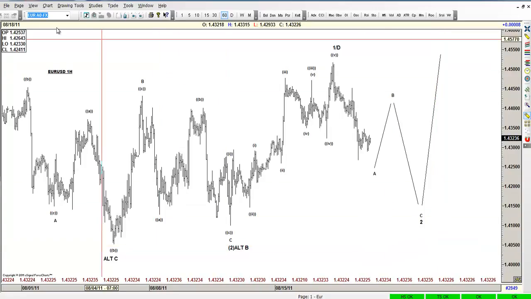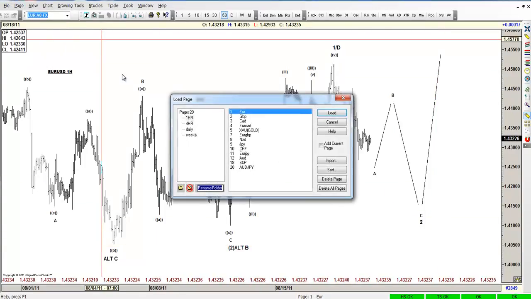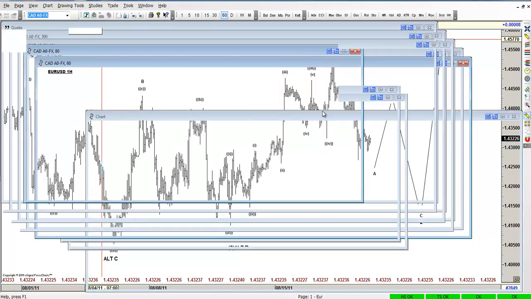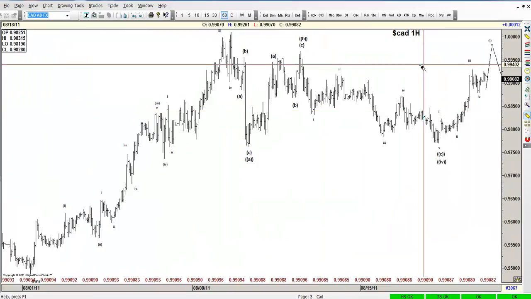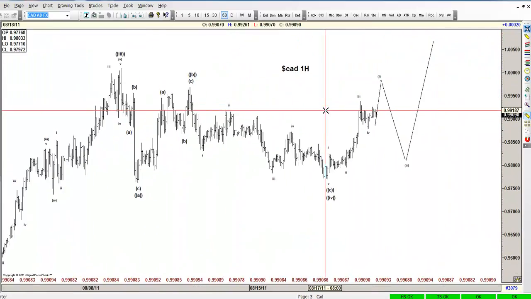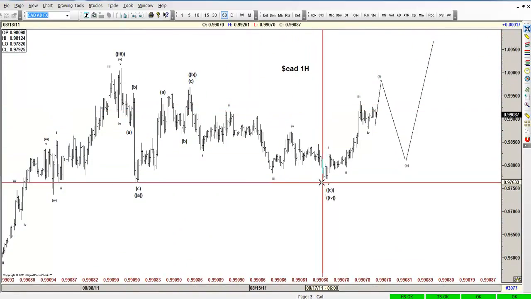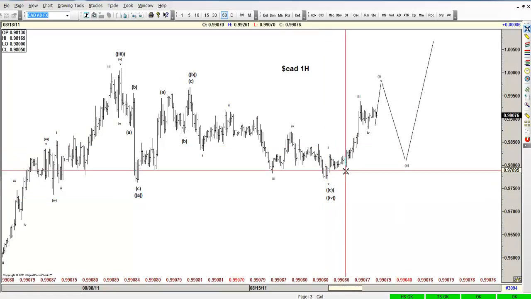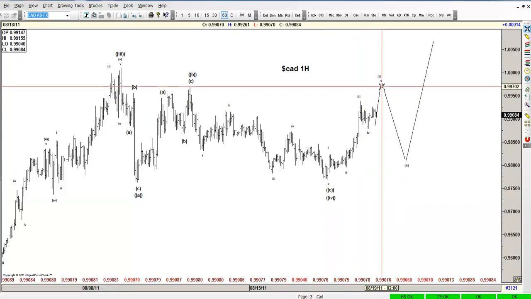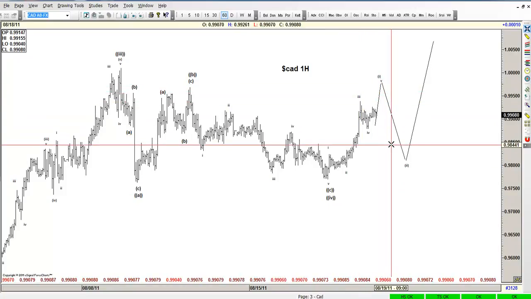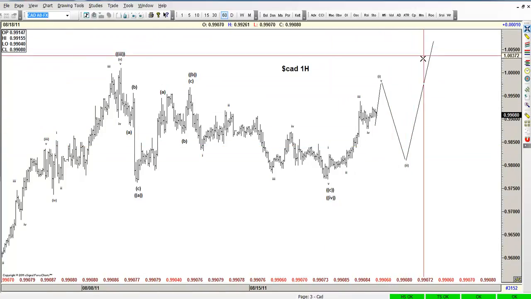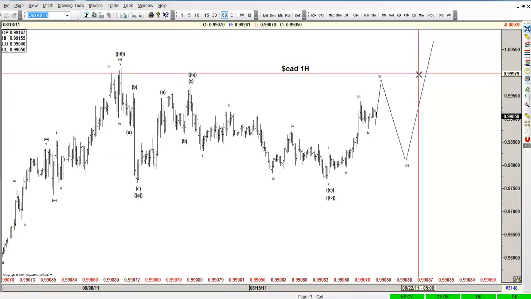Now let's move on to the individual pairs. Let's start with the CAD. The CAD looks like it already ended the proposal wave 4, and it's starting to go higher in 1, 2, 3, 4, 5. 3 backs should be a heck of a buy right there on the CAD, to a move to around 101. But that move is bullish on the dollar, but it's a terminal move,